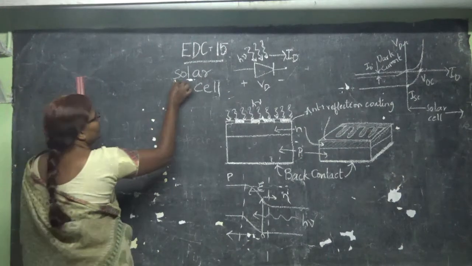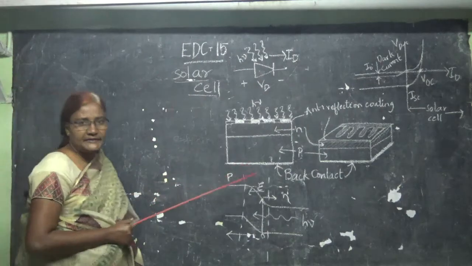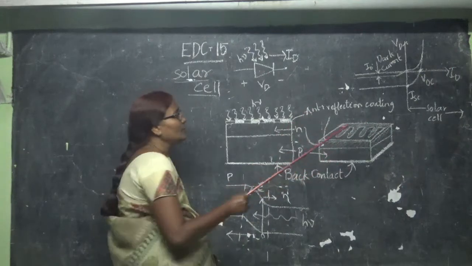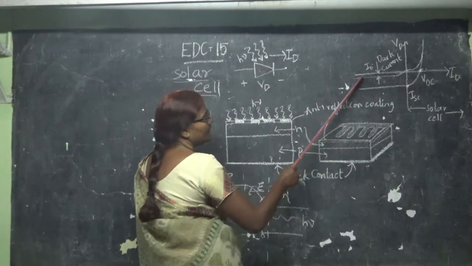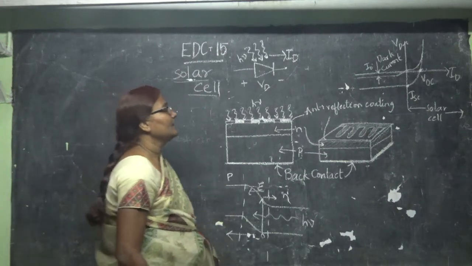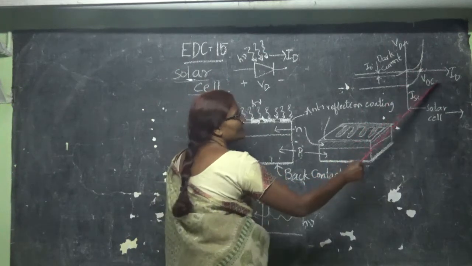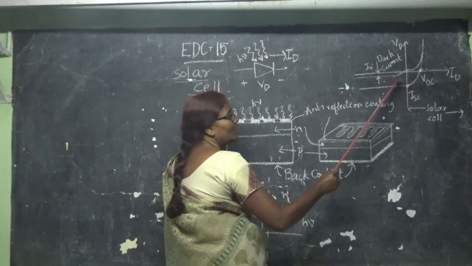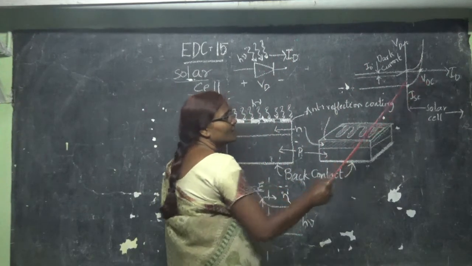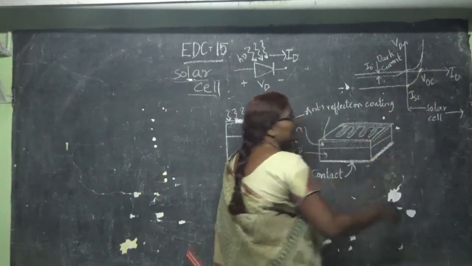So we are going to learn about the solar cell. Previously we have seen photo devices. One we have seen is the photodiode or photodetector, which is operated in this region. And the next thing is the solar cell, which is made to operate in this region, such that it will extract this characteristic's